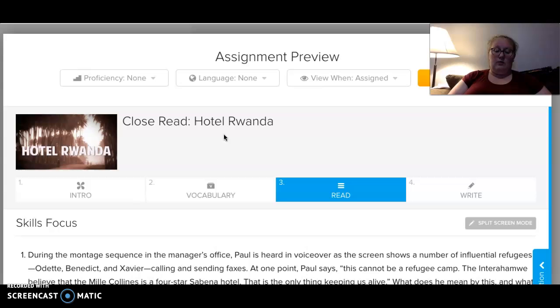So when the UN wasn't willing to step in, not a lot of other countries were willing to step in either. In fact, at this time, at the beginning when this all broke out, the French were actually backing the Rwandan army and sending them weapons at the time to kind of aid them against the RPF during their civil war.